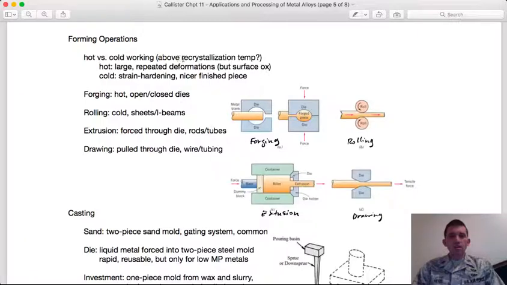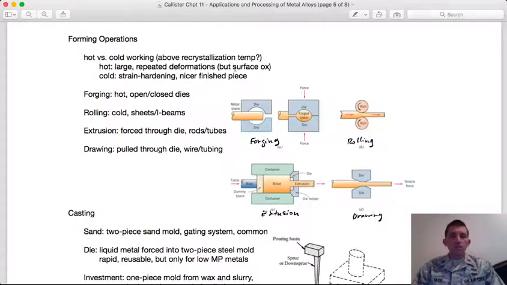I'm deforming it, but it's also hot enough that it can regrow the grains on the fly. And so if you have hot material in this hot working scenario, that allows you to do large repeated deformations because it is recovering basically as you're deforming it. However,